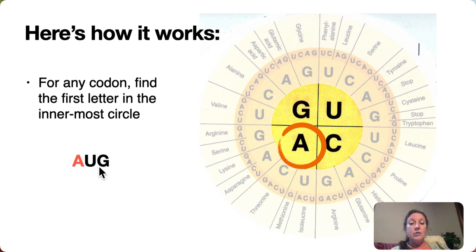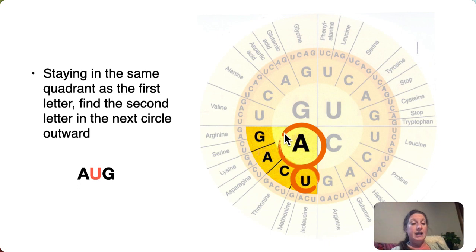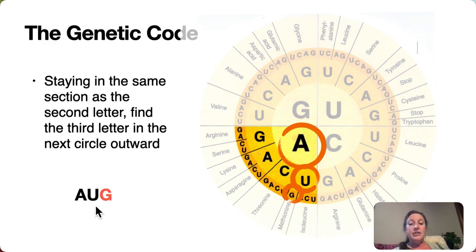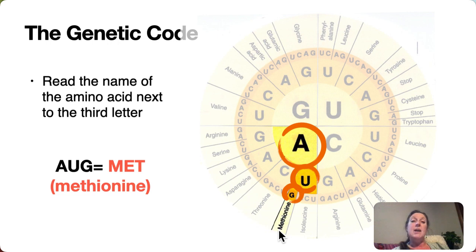For any codon, like AUG, we find the first letter in the innermost circle. So this begins with A, so we find the A. Staying in the same quadrant that first letter is in, we now look at our second options in the next circle outwards. So the second letter is U, so we have AU. Now we're going to look only at the letters that are connected to that U. And since the third letter is G, we're looking at this G, so AUG. And now we can read the name of the amino acid that's associated with that codon. We use the same thing for any other codon. Now, we always use mRNA's code, not the tRNA, not the DNA, because the mRNA has the coding units,